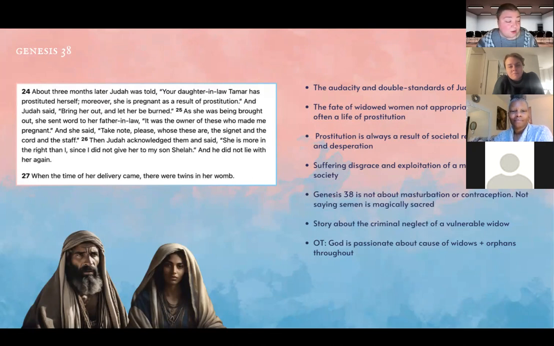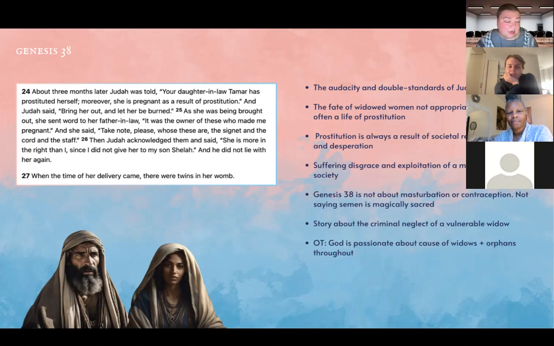And this goes beyond hypocrisy or pointing the finger. The very fate of a widowed woman who was not appropriately cared for was often a life of prostitution. As is the reality today, prostitution is not the dream or the first choice of any woman. It comes from societal rejection, poverty, desperation, force. It's a last resort and final choice for those who have no other choice, suffering the disgrace and exploitation of